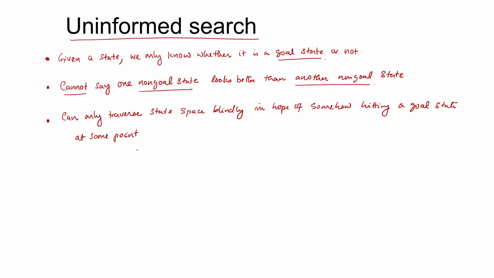So, the idea is that you can only traverse the state space blindly. It is like closing your eyes without having any other information. You are traversing the state space blindly, and what you are doing is hoping that somehow you will hit a goal state at some point. Okay. That is the hope at this point, also known as blind search, because you do not know where you are and where you are going to. Okay. But the key point is blind